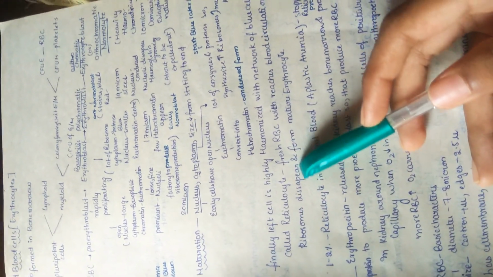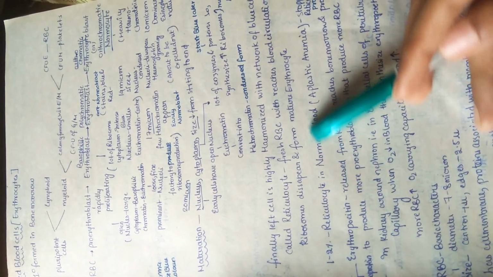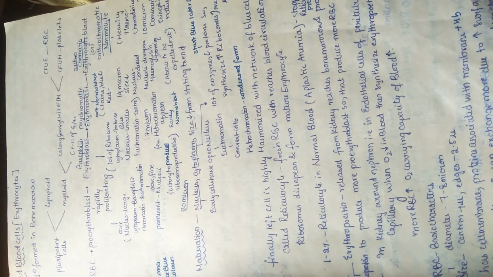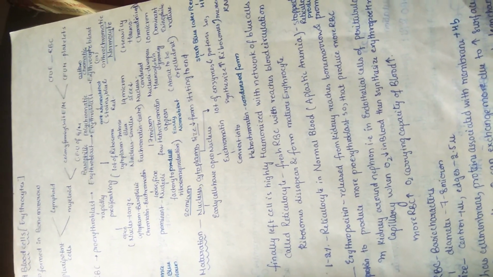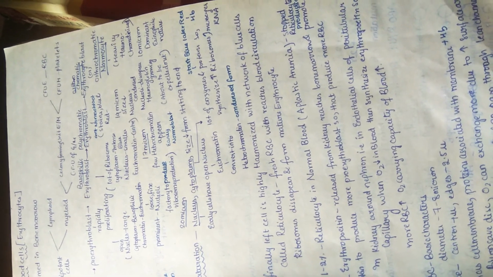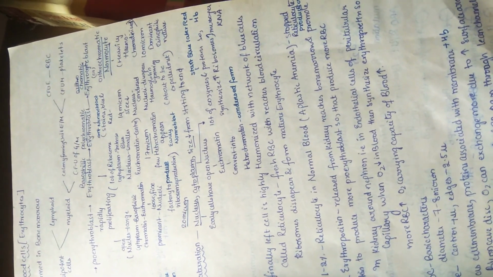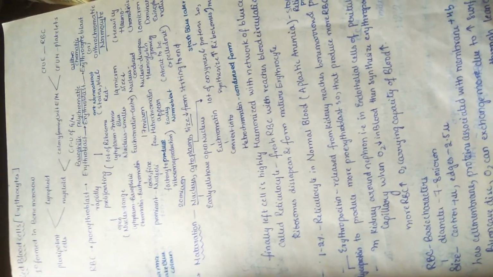So reticulocyte is a fresh RBC which reaches the blood circulation, and the ribosomes disappear and they form the mature erythrocytes. So remember, a mature RBC is nothing but coming from the reticulocyte. It reaches the blood now from the bone marrow into the circulation. This mature RBC doesn't have a nucleus, doesn't have mitochondria, and doesn't have endoplasmic reticulum. This is a very important point to remember regarding our mature RBC.